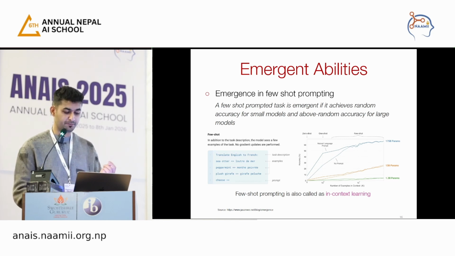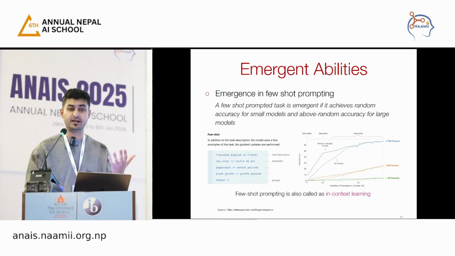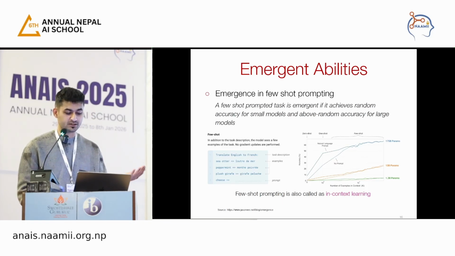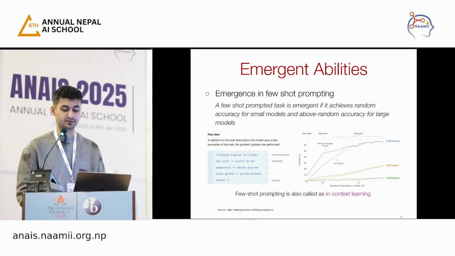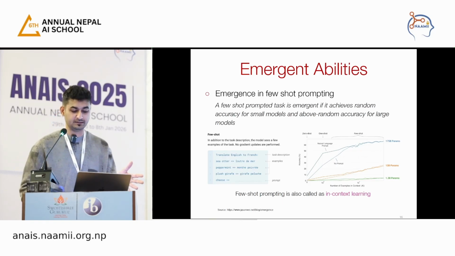So in this case, for example, the prompt is translate English to French, and there are 3 examples that I've given: sea otter translates to something, peppermint and plush giraffe translate to something. So what should cheese translate to? This is a prompt which has 3 examples, and I'm expecting the LLM to learn through these examples, and that's what is called in context learning. So these are just some backgrounds. Now I'll show what were the results of these studies.